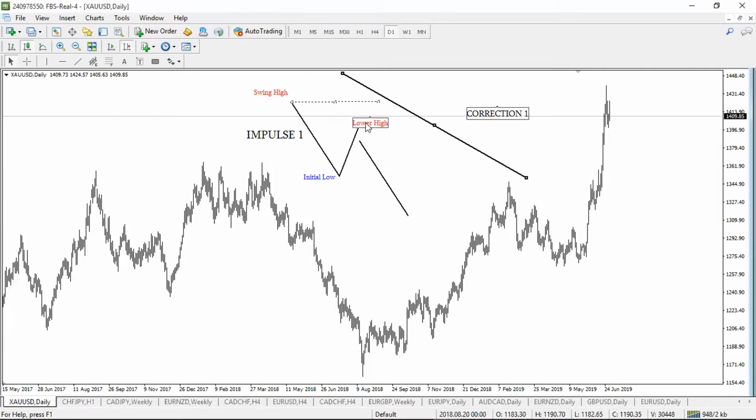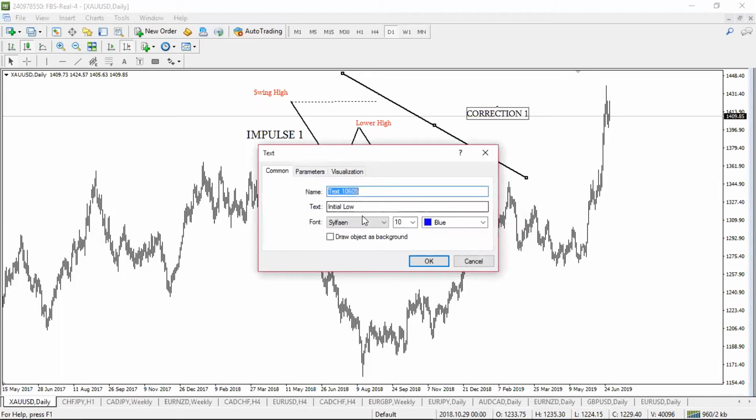This one, because it is lower than this one. Then you get your second impulse in the direction of the trend, and that one is supposed to go below this one. Then you can say you have a trend. Once you have a new lower low, once you have something like this,